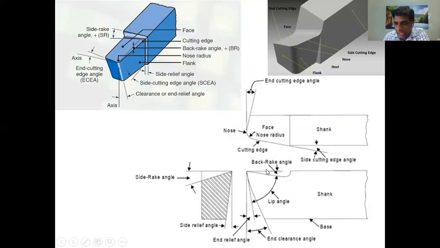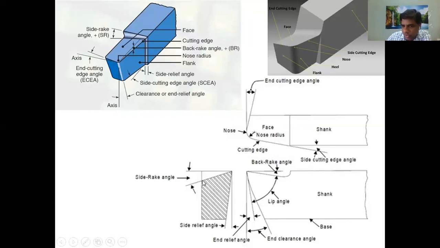So whatever the inclination you are provided in terms of the horizontal plane is called the back rake angle. So this is rake. And next, if you see this surface, the surface is inclined in this direction as well as this direction. So this direction's inclination is coming in this view, right? This direction's inclination comes in which view? Whichever you can see from this view, it will come. So this is nothing but the side view.